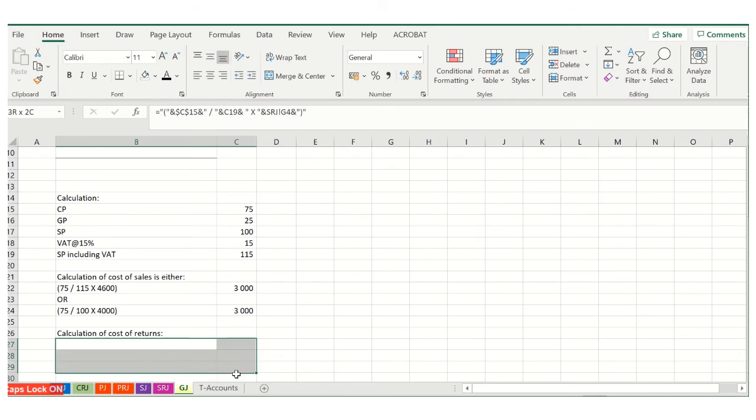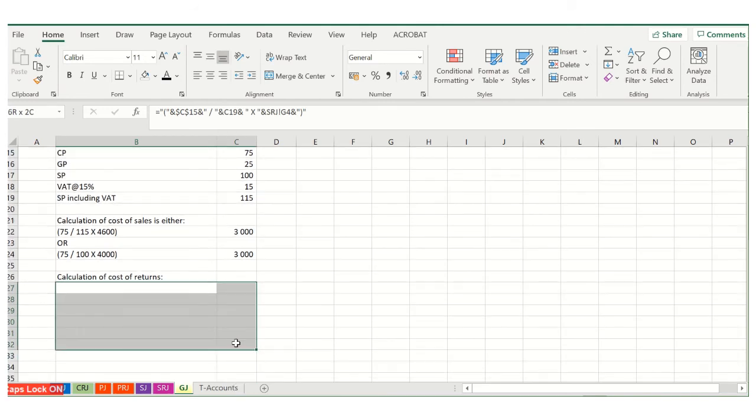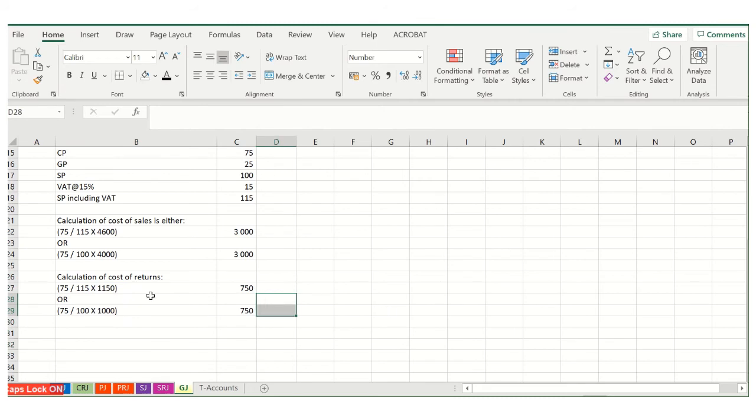Again, we're going to use the same formula, and I want to show you a few more formulas now. We are going to take the price including VAT, that is 1150, so we're going to take the 75 over the 115, multiply with the 1150, that gives us 750 Rand,